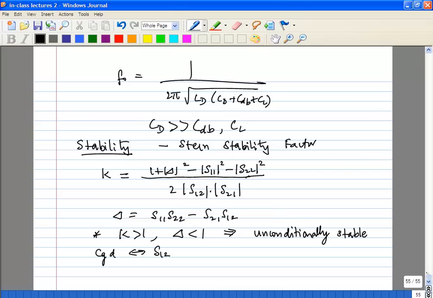It's very straightforward. The main thing to note is that if you look at the input impedance of a transistor with a CGD, what you'll find is it has a negative resistance component, which is proportional to CGD. So the larger CGD gets, the worse the negative component and the more unstable the system can get.